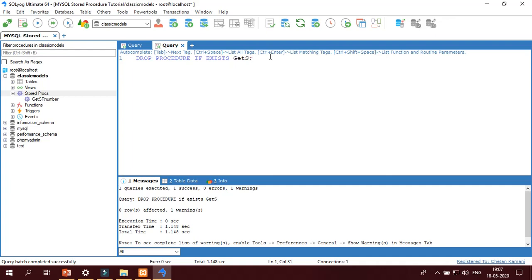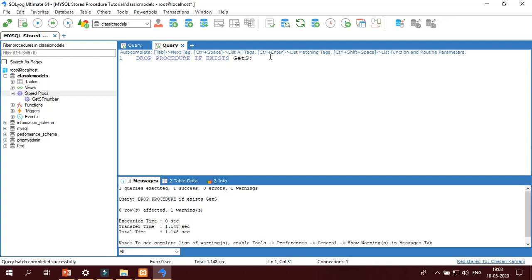Whenever you are writing a new procedure, MySQL does not allow two procedures with the same name, so first you have to drop that procedure. If you do not know whether the procedure exists or not, then before writing the new procedure you have to drop it, and then again write the procedure.